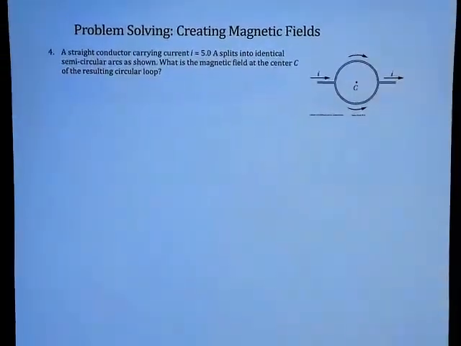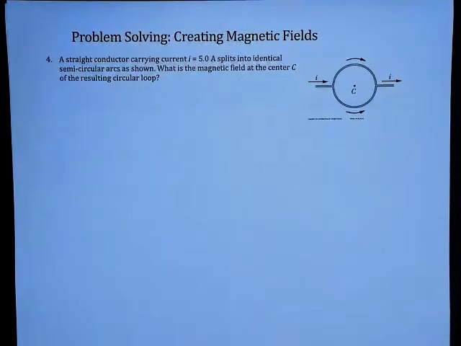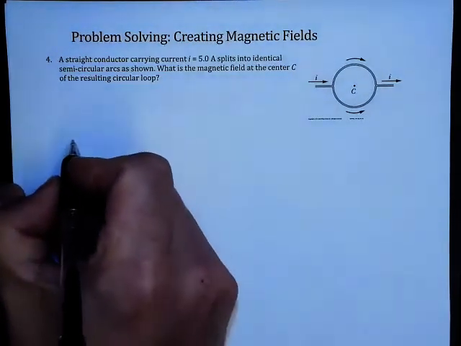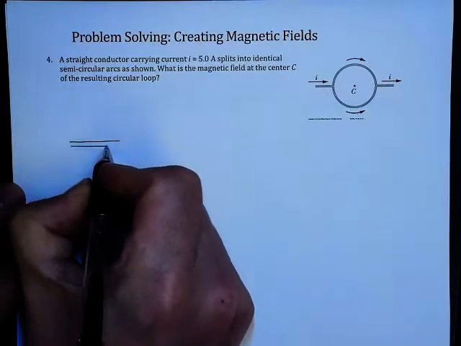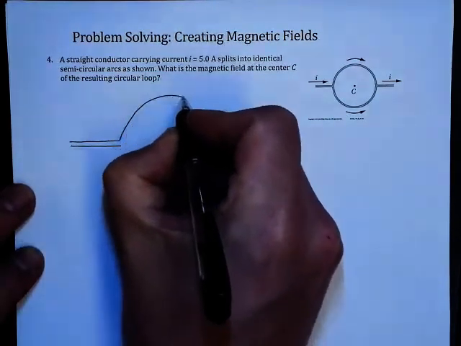Another loop problem, but one that will involve fewer calculations, is number 4. A straight conductor carrying a current of 5 amps splits into identical semicircular arcs as shown. What is the magnetic field at the center C of the resulting loop? So I'm going to draw this a little bit bigger